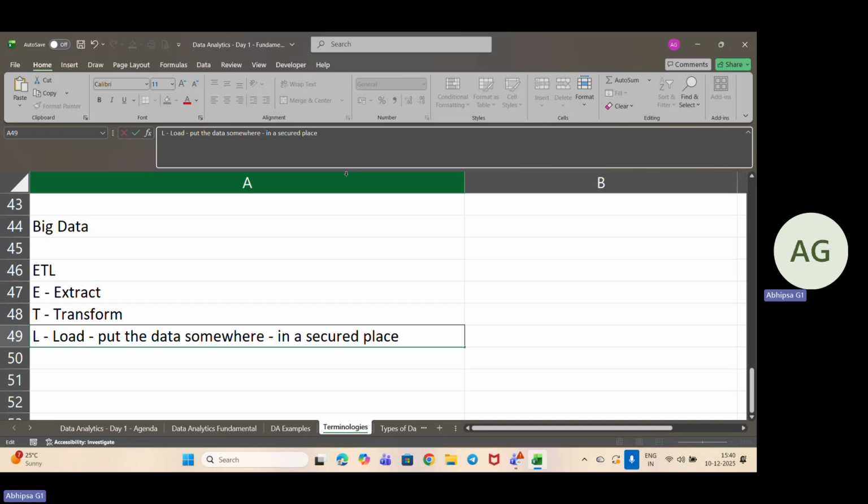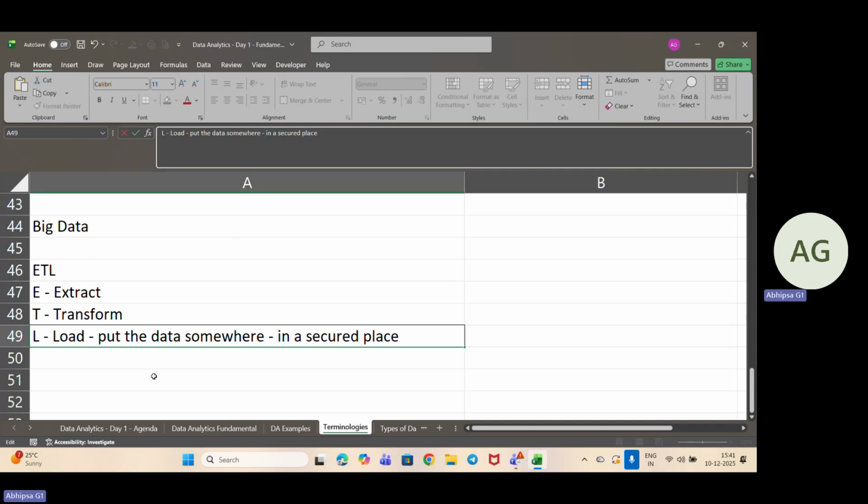So exactly, it's like you have the data that you are copying down from a notebook, correcting it and storing it down in the computer. The same thing, but here the extraction can happen from different places, from different kinds of data. That data you are taking, then you are transforming the data, that is you are doing all of the necessary cleaning and pre-processing over the data, and then you are just loading the data.